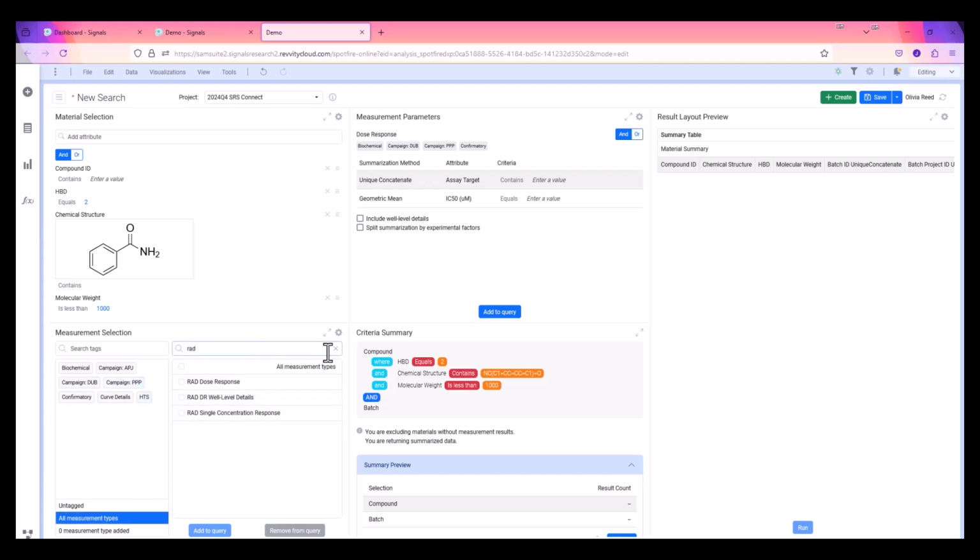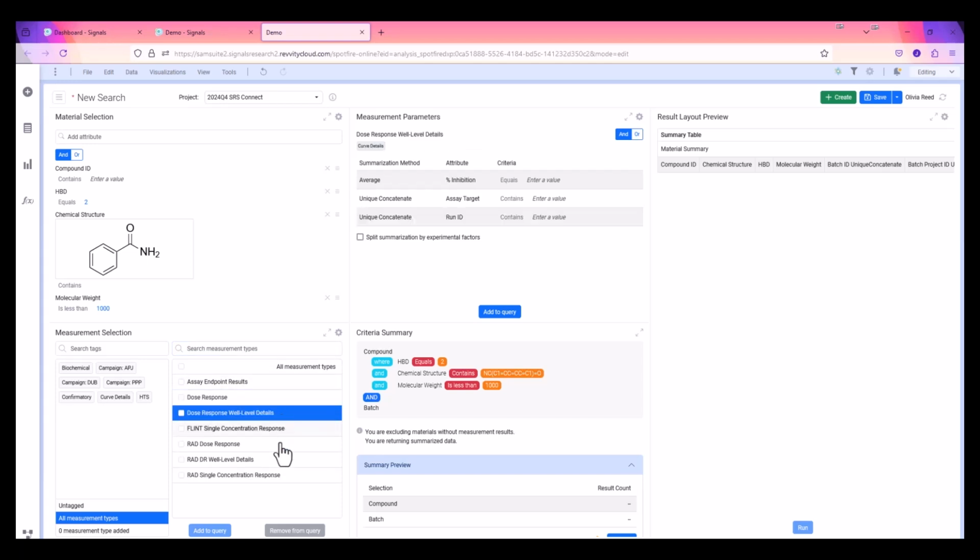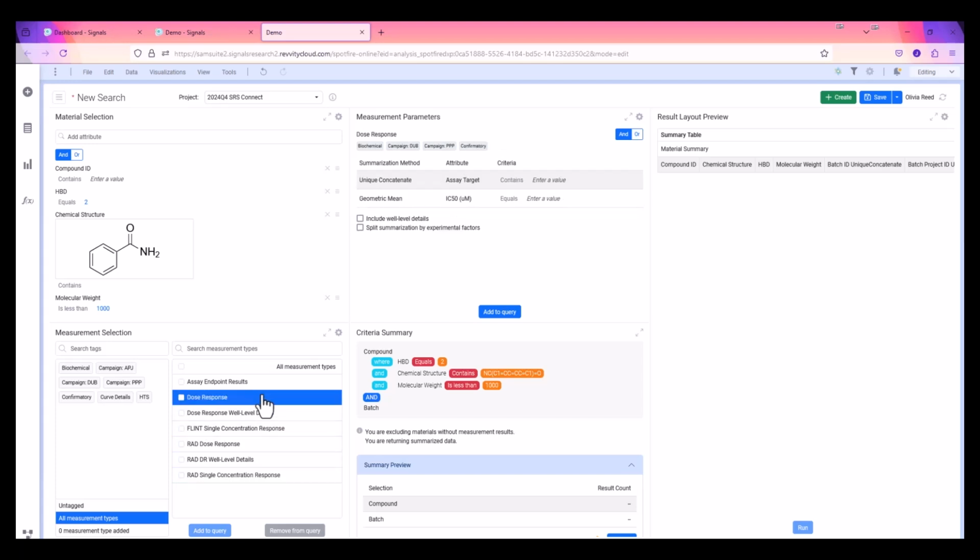So now I will go ahead and select a particular measurement type, and you'll note that as I do so and I highlight this measurement type, the measurement parameter section on the right populates. And what's being shown here is really a subset of the attributes for this measurement type. So this measurement type actually has many more attributes. It could have dozens, and that can be kind of overwhelming. So one of the controls we give to the admin is to specify the default visibility of certain attributes so that even when you make a new query, the most important attributes when you select any particular measurement type